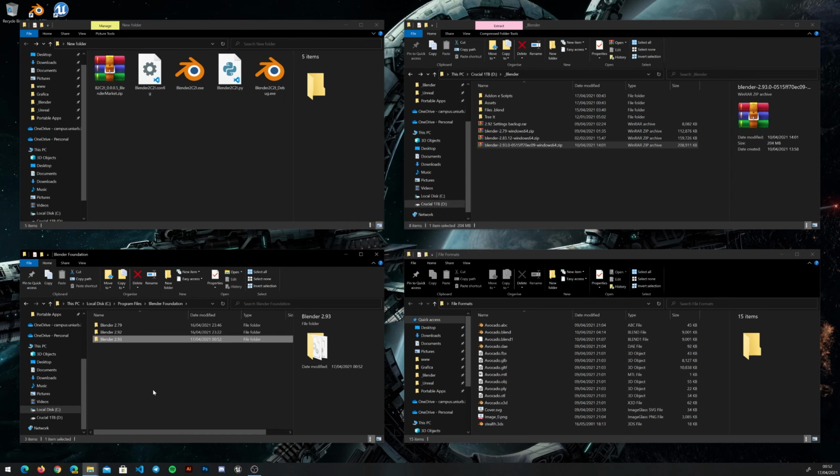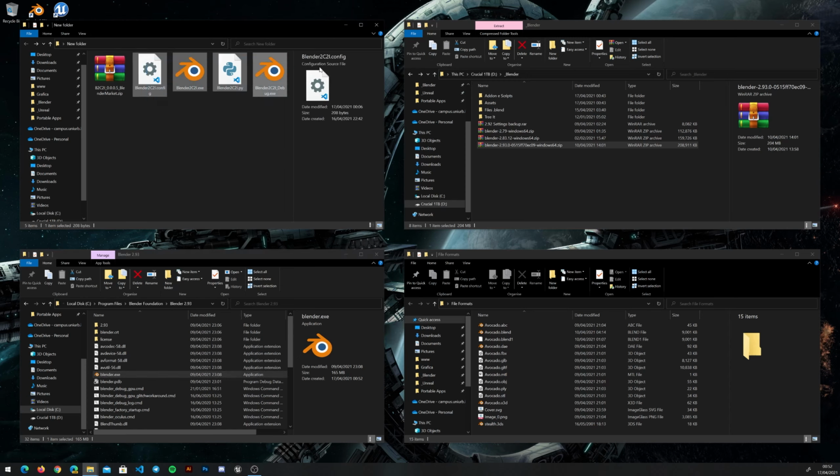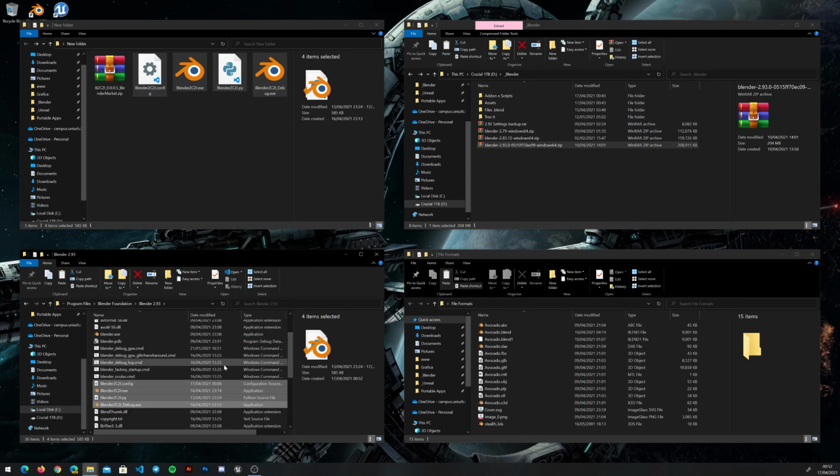Okay, we can open it and copy inside the folder where the blender.exe file is all the archive content, these 4 files. Copy and paste. Fine. Now we can click on Blender 2.93